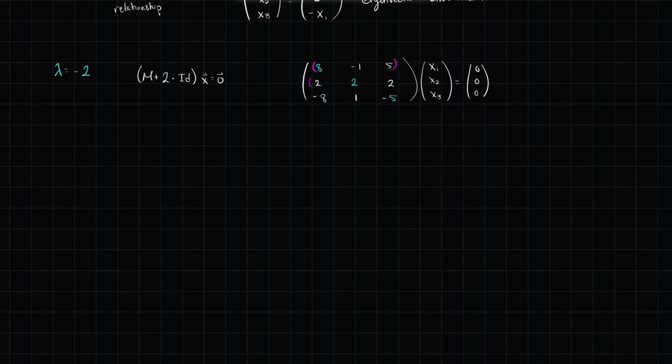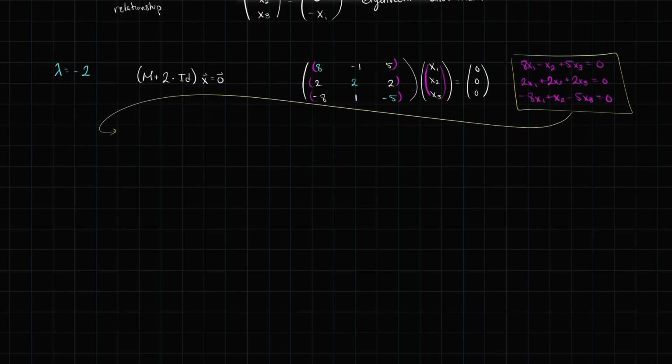For lambda equals negative 2, I have my matrix against my vector, which gives me the system of equations 8x1 minus x2 plus 5x3 equals 0. I have 2x1 plus 2x2 plus 2x3 equals 0. And I have negative 8x1 plus x2 minus 5x3 equals 0. If I go ahead and solve the first equation for x2, what I'm left with is x2 is positive 8x1 plus 5x3. And then I can use this value of x2 in the other two equations right there and there,